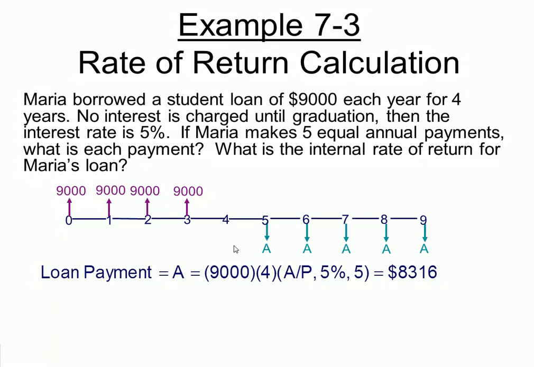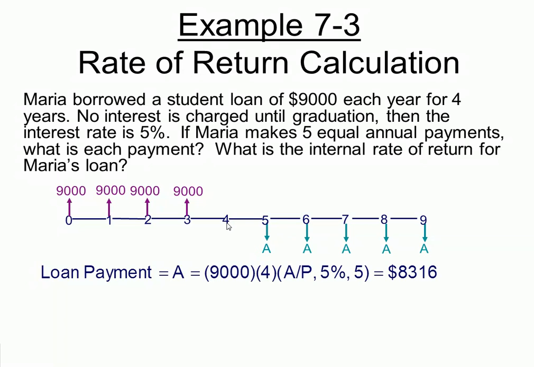So we're going to multiply 36,000 by A given P. And that's what we see, right? 9,000 times 4, this is 36,000, that's accumulated by the end of year 4, and then discounted because this is a present with respect to this uniform series. So we know the present, we want to find its annual equivalent. So A equals P times A given P, at 5%, because that's the rate that we're using from the end of year 4 to the end of year 9. And there's 5 years